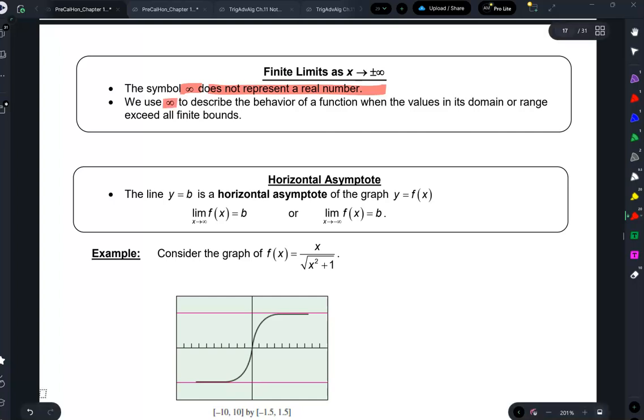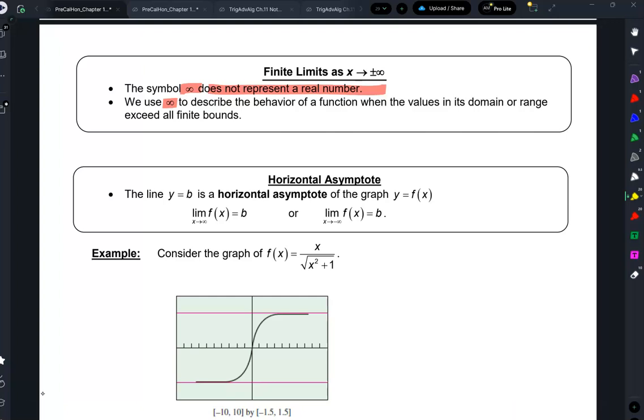We use infinity to describe the behavior of a function when we exceed finite bounds, right? So we can think about like x approaches a million, a trillion, a million trillion. But then there is a point where we just exceed all that. Then we say as x approaches infinity. Now,